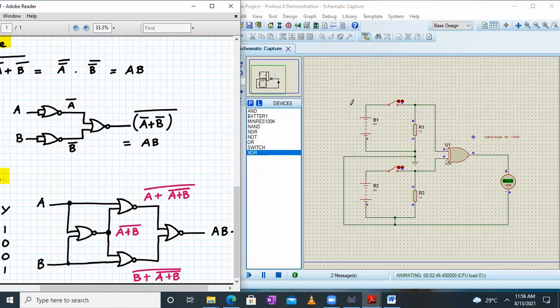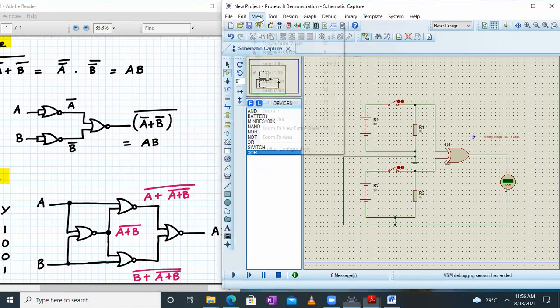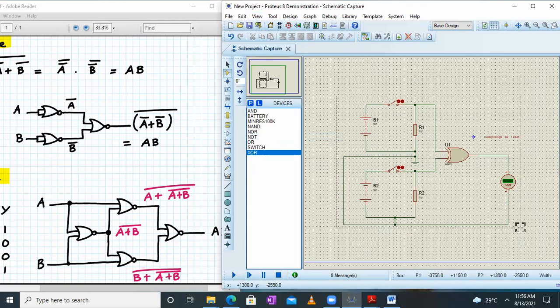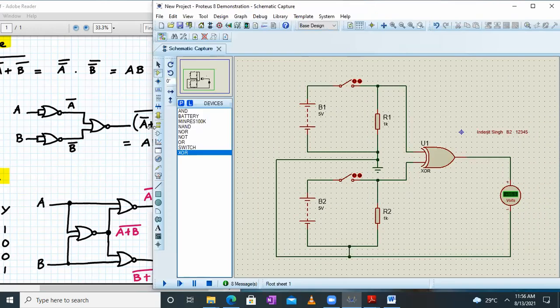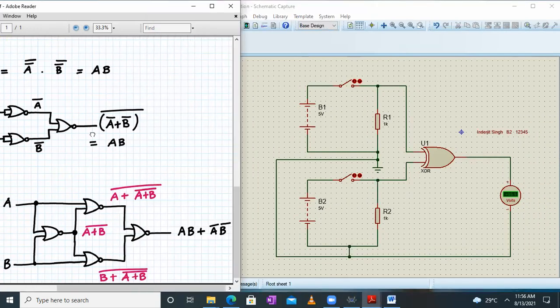On the right hand side, we have the Proteus screen, which is already running. So we'll click on pause the simulation and then stop the simulation. Also, I'll go to View, Zoom to Area, and select this section so that it is visible. And what we need to do now is let me just maximize this section a little.